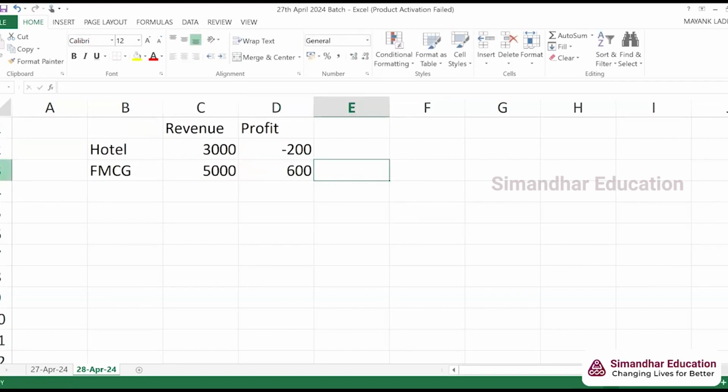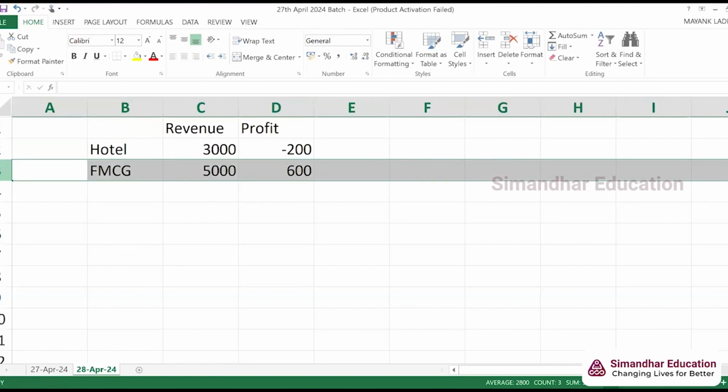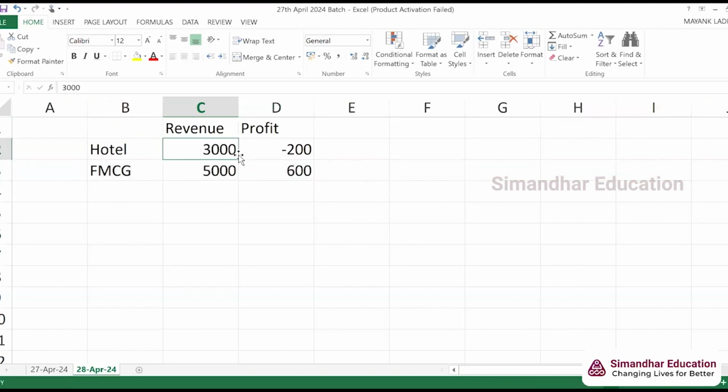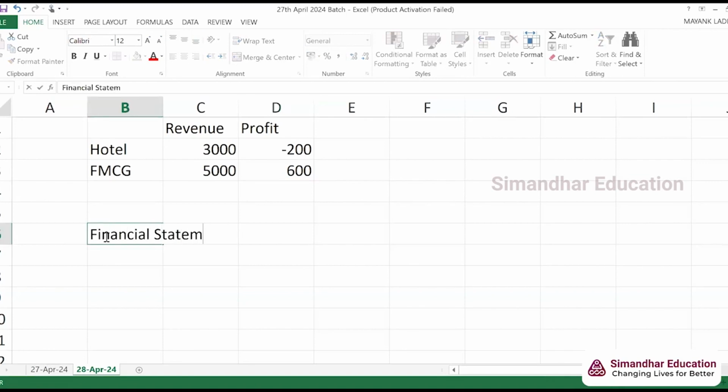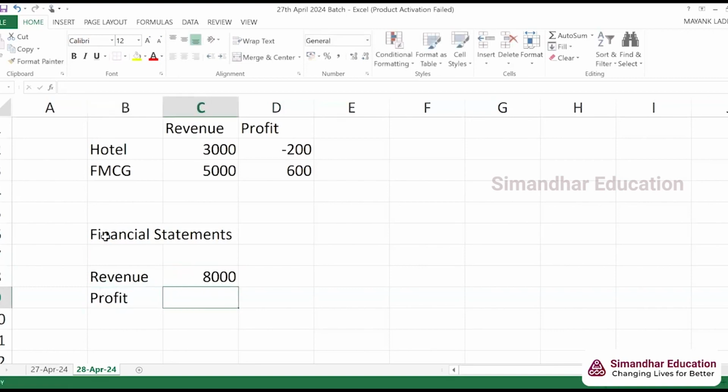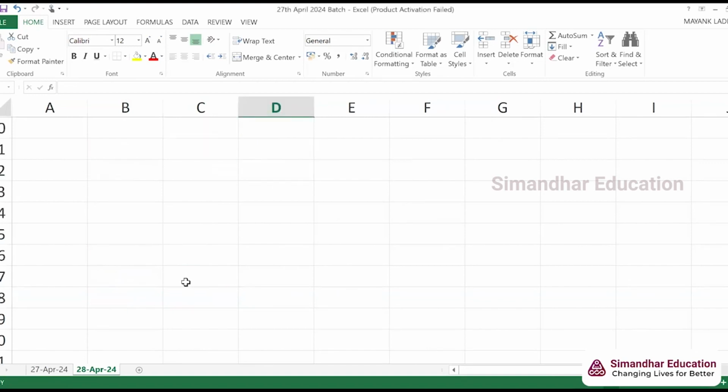Okay. Now the company wants to sell off FMCG. Normally it should have sold off the hotel, which is loss making, but it wants to take advantage and sell off FMCG. If the FMCG business is sold, we will lose out on this profit of 600, correct? We will not get that profit in the future. So if you just combine both of them in the financial statements, revenue of 8,000, profit of 400, the users will not have an idea as to what the impact is. So instead of that, if I split it,